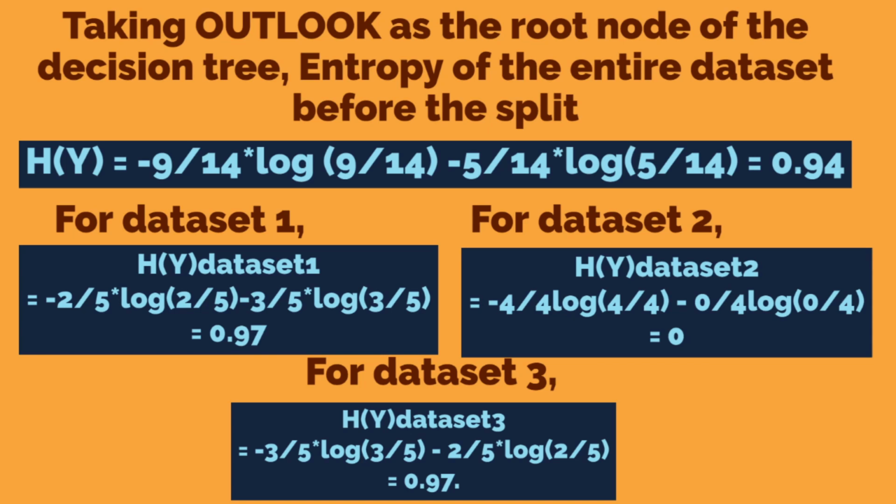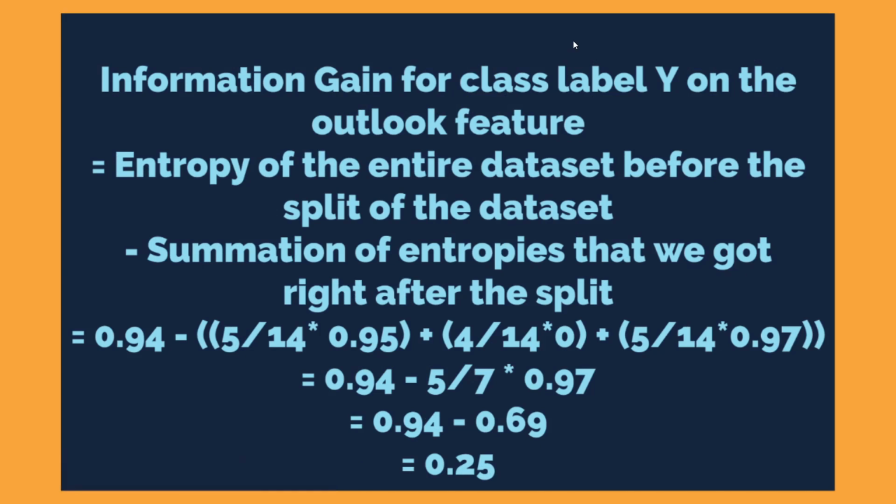Now if you try to compute the average entropy after the split, this comes out to be equal to 0.64. So you can say 0.97 plus 0 plus 0.97, divided by 3, which is roughly equal to 0.64. So if we compute information gain for class label y when we split the dataset on the outlook feature, this will be equal to the entropy of the entire dataset before the split minus the summation of entropies that we get right after the split on the outlook feature, which is 0.94